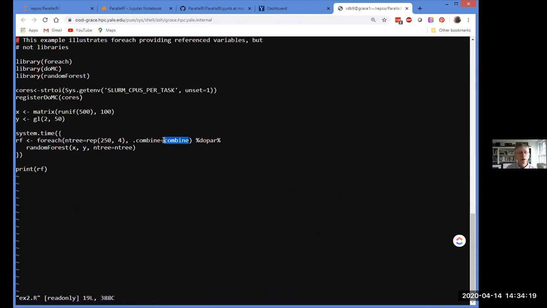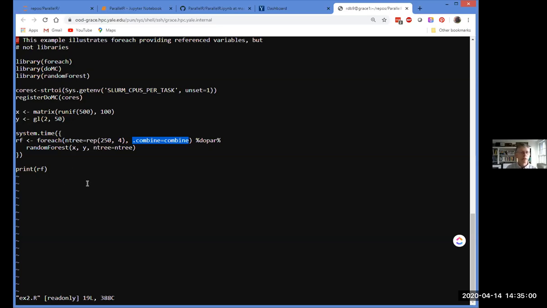And random forest is commonly used in cases where you're going to create multiple classifications and then need to merge them together. So they have a combine function that knows how to take multiple random forest results and turn them into a single result. And so we were really fortunate there. We could just use that as our combiner. So we invoke multiple random forests, get a list of them back, and then use the combiner to just combine them into a single random forest.